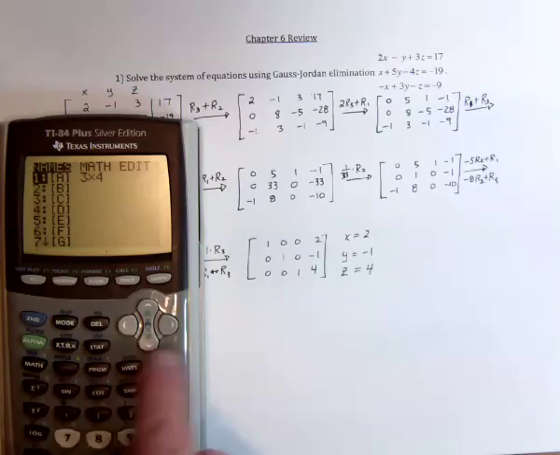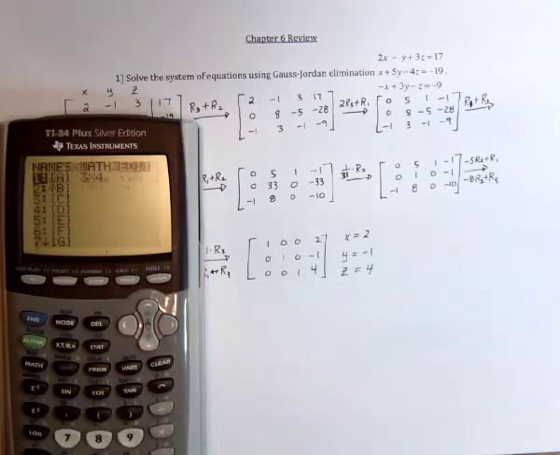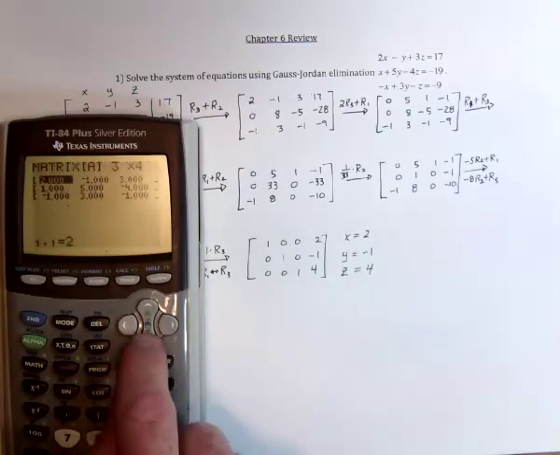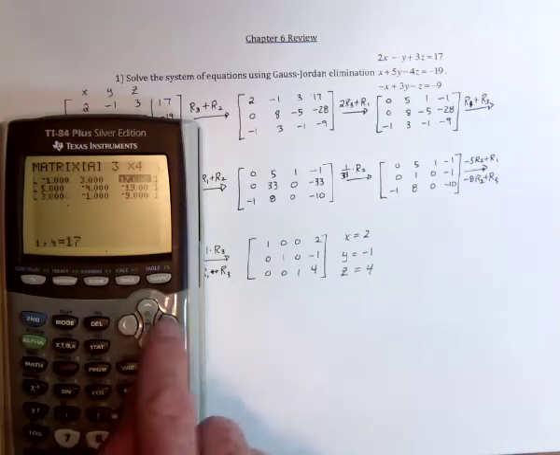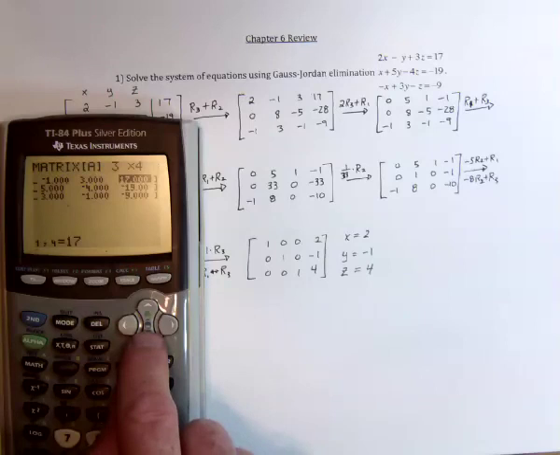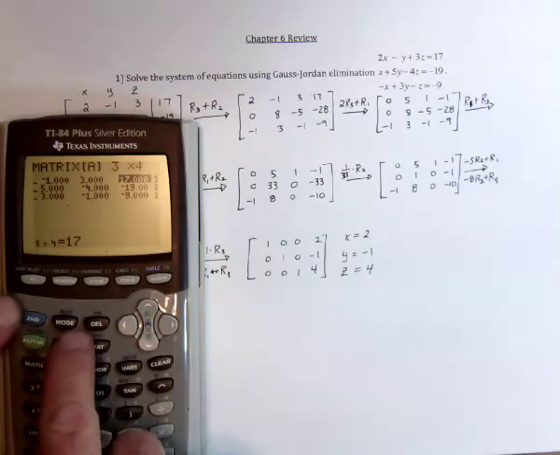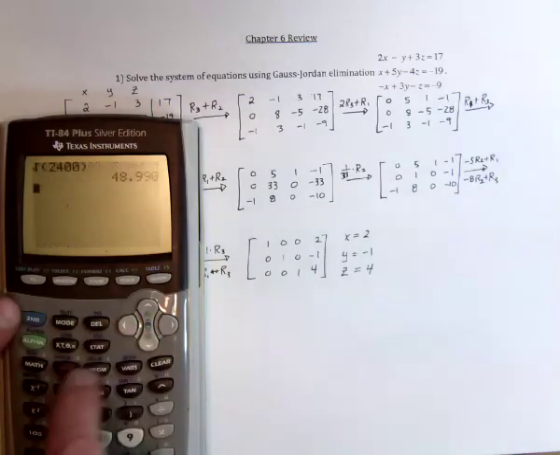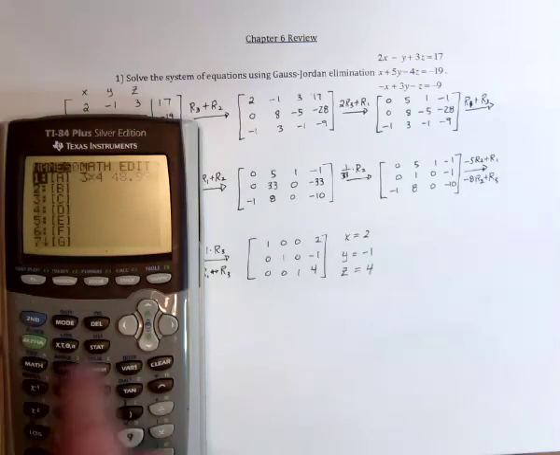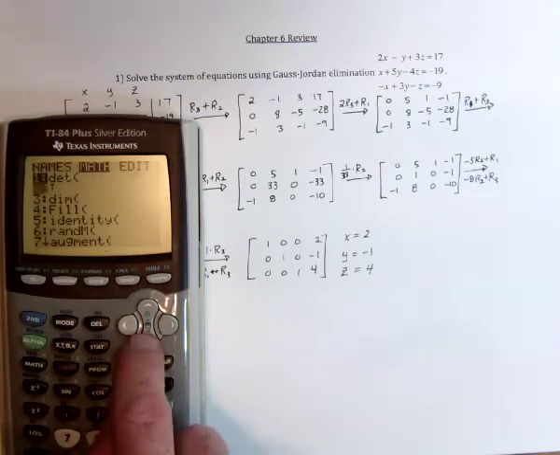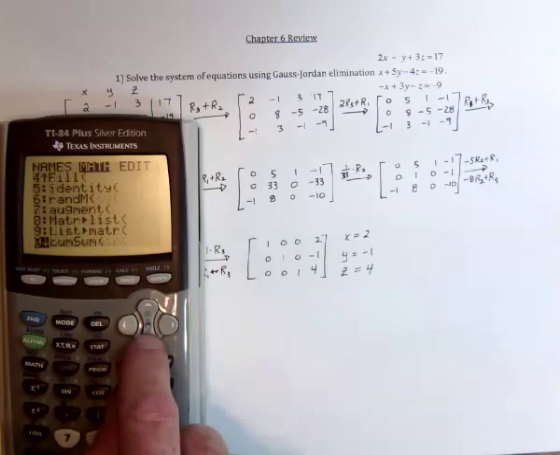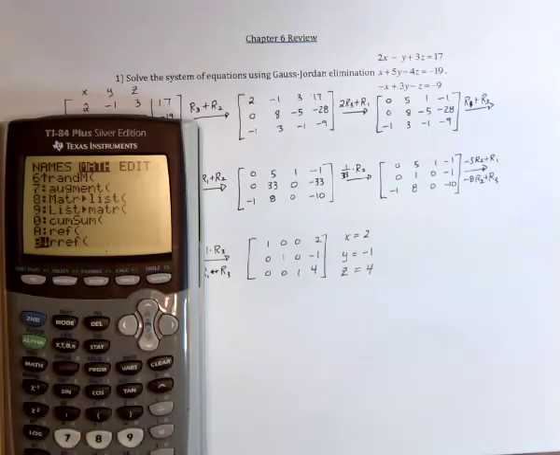So go to Matrix, go over to Edit, and I've already got the information typed in, so it's a 3 by 4 system of equations. There's the 17, negative 19, negative 9. Then quit, and go back into Matrix, and under Math, there's reduced row echelon form. So in other words, the calculator is going to do the exact same thing that we just did. Maybe not in the same order, but